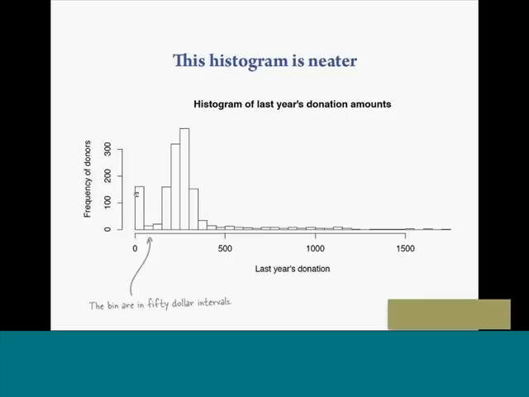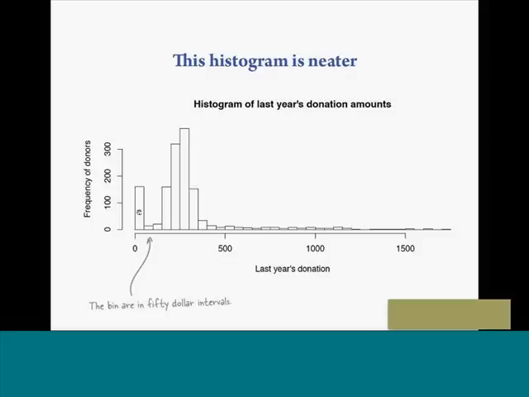And like I said, it's not the height of the bars so much as the height and the area of the bars that represents different percentages of people in our database. The bins that are created automatically are in $50 intervals from 0 all the way up to, I guess, about 2,000.